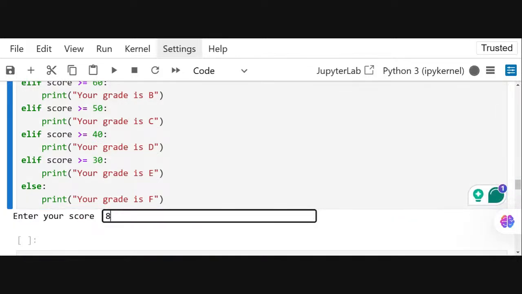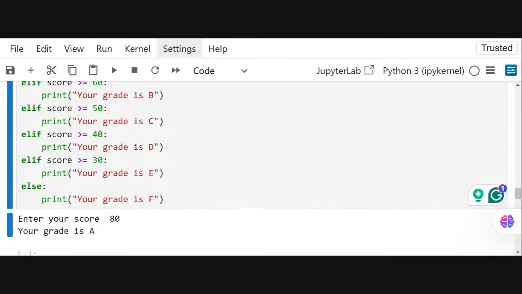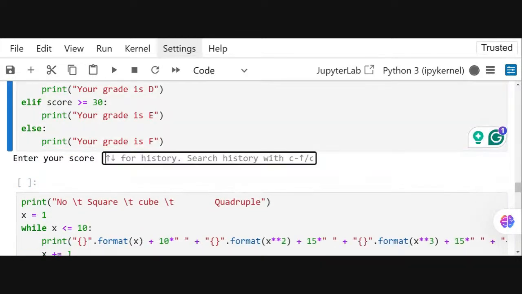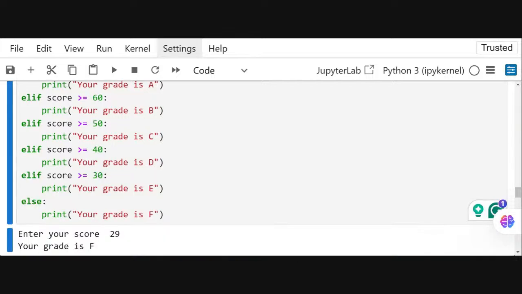So let's run this and see. Let's try 80 first. Can you see? Your grade is A. If I come and say 29, your grade is F. So this is a very simple way